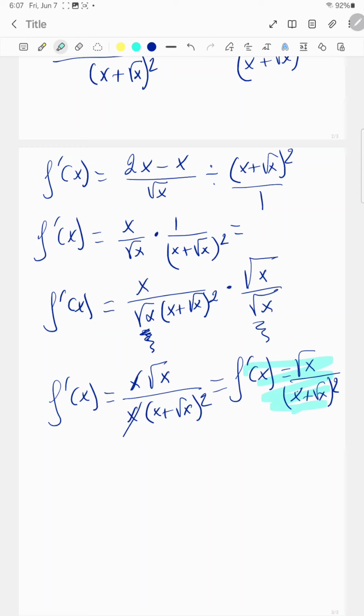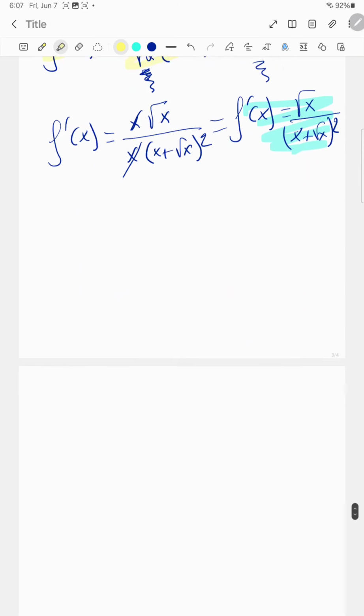That answer is right. Or if you want to stop here, that answer is right too. So let's do the second function. So the second function was,